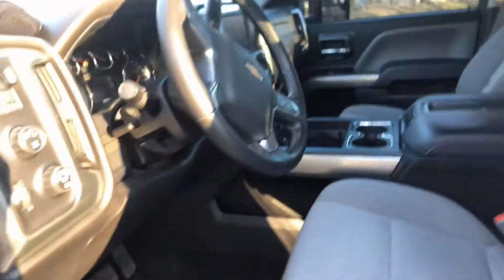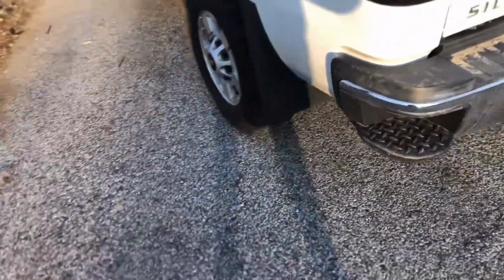Flawless interior still. No rips in the leather on the steering wheel. Everything's nice and clean. I check fluids and wash it once every 2 or 3 weeks, depending on what kind of time I have on my hands. Some things we might do if we keep it is definitely get the undercoating done underneath it. And right behind that mud flap,